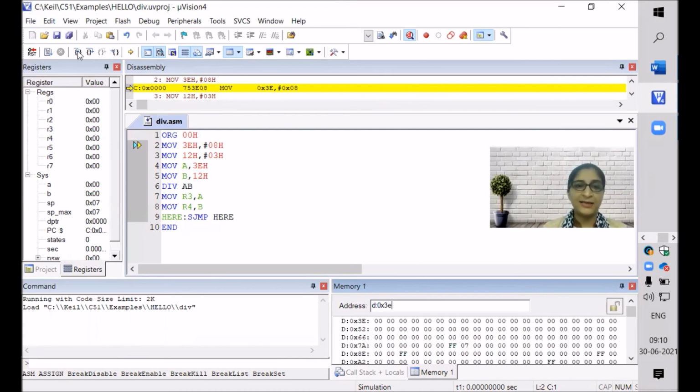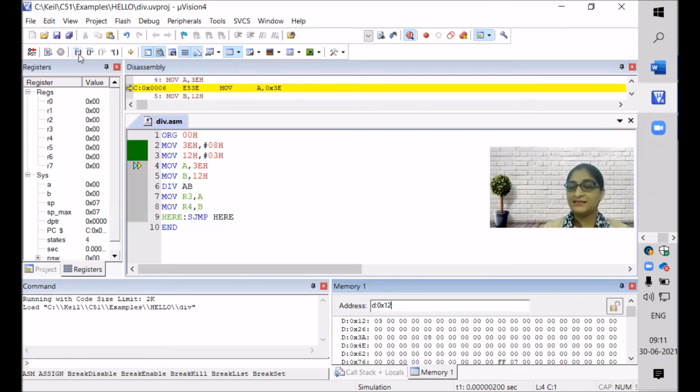So step by step we'll see. Now first step, 3E should have 08 value. So here we can check in our memory location. 3E is having 08. Next, 12H is having 03. So we can change here 12. Now you can see 12H is having 03. Done.